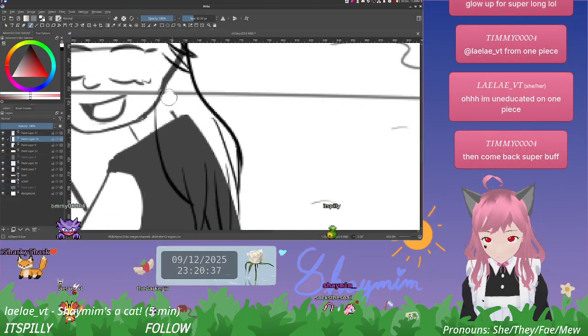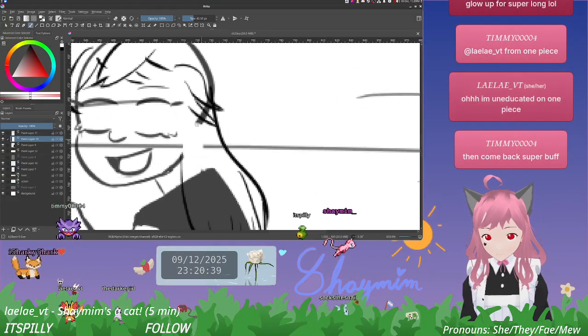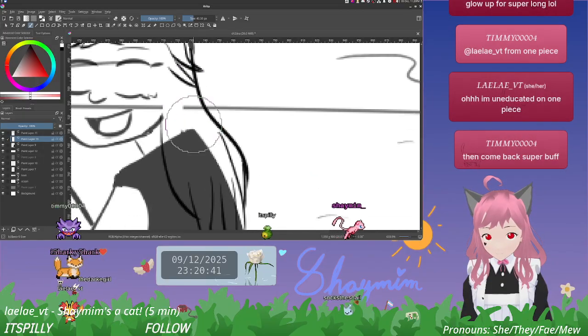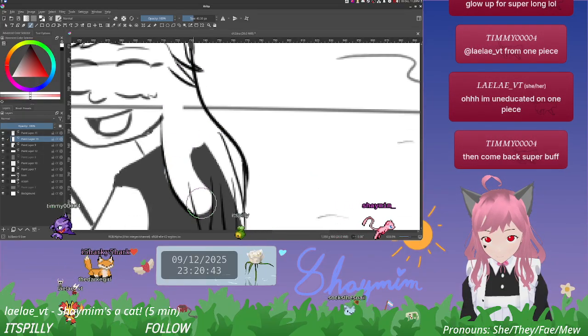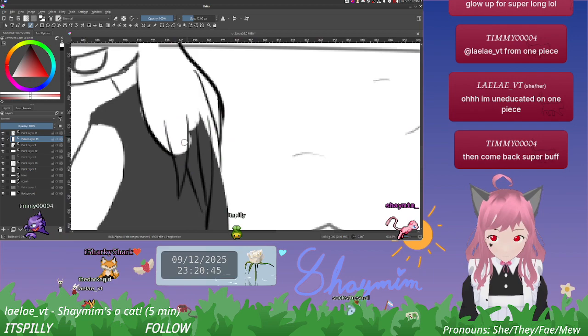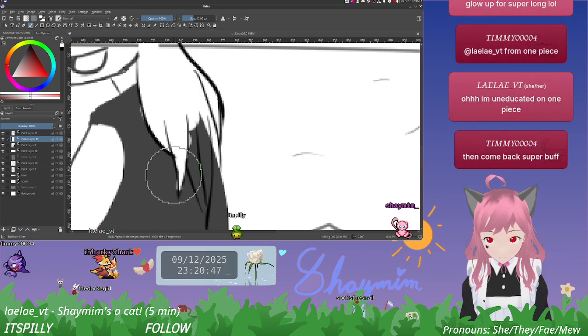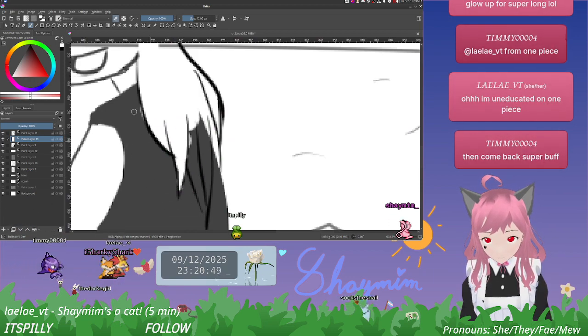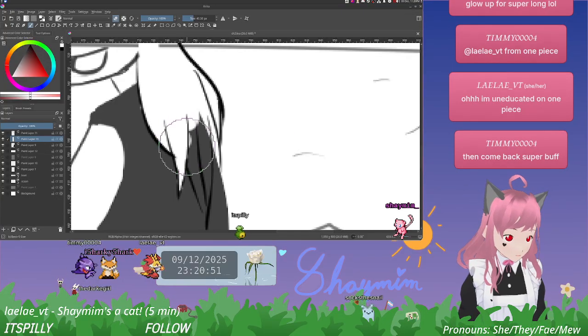I have to experiment a little bit with the way I do the hair. It's gotta match up a little with the way Kobe's is done there. Camera's all up in there.